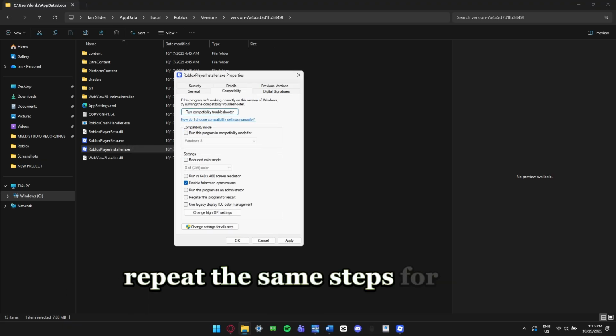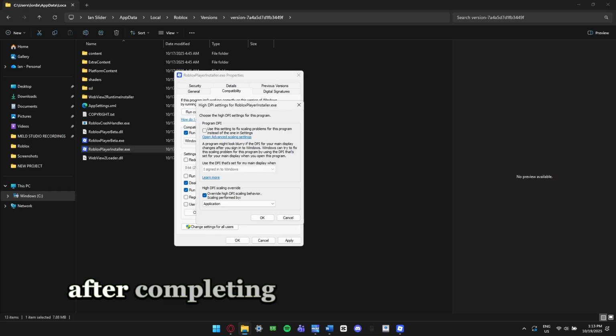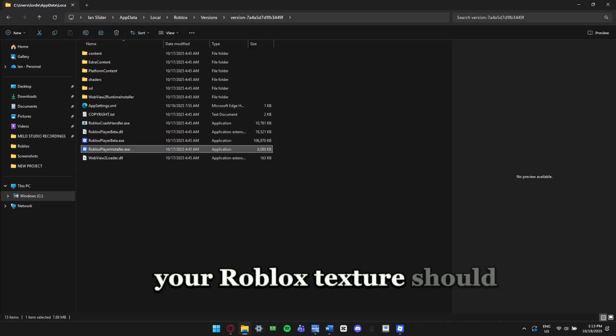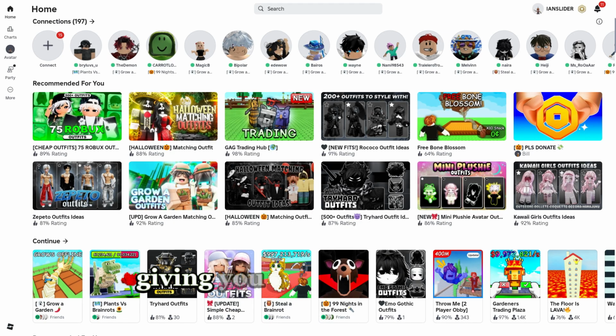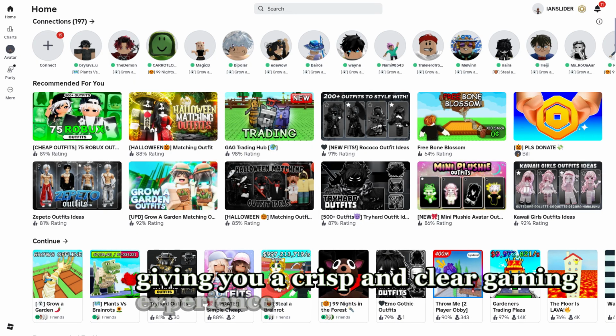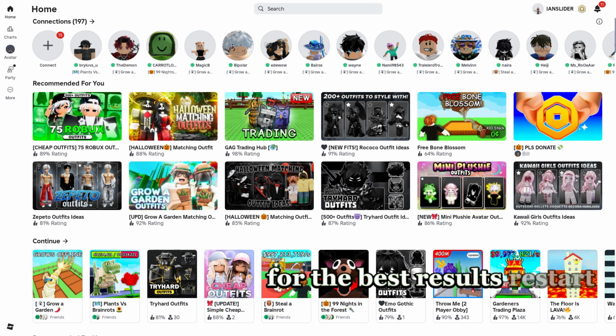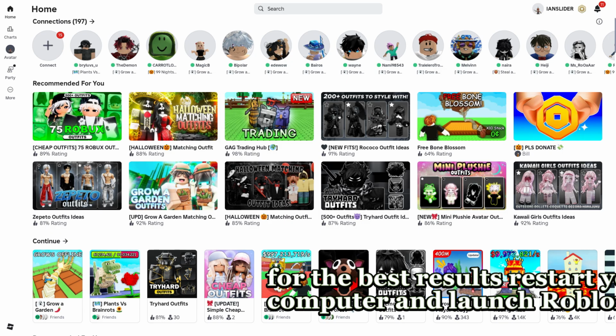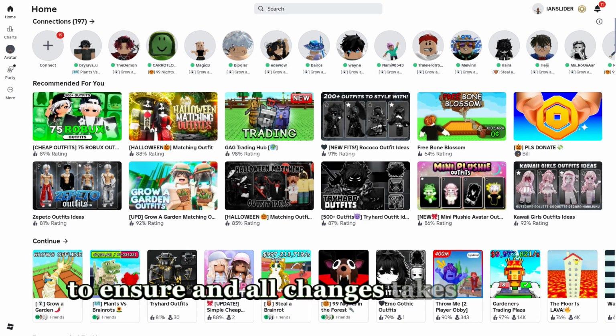Repeat the same steps for the player launcher. After completing the settings, your Roblox texture should no longer appear blurry, giving you a crisp and clear gaming experience. For the best results, restart your computer and launch Roblox again to ensure all changes take effect and your